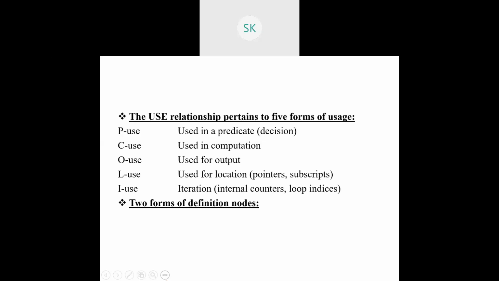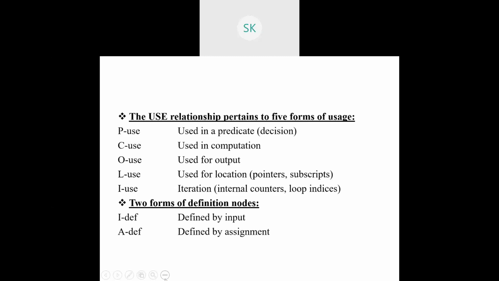The next part is that there are 2 definitions. We had only one definition part with respect to our data flow testing. Here we have 2 different definitions. One is called I definition, another is called A definition. I is nothing but from the input. Standard input, if you are giving some particular things at that time, a definition defined by the input. That is reading some text from an external source, that is an input.